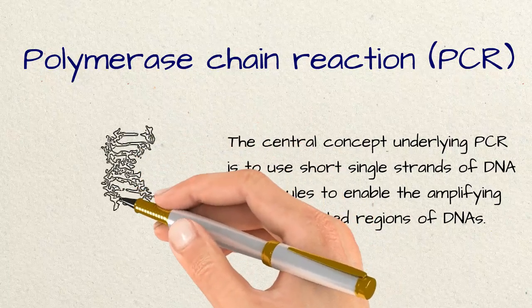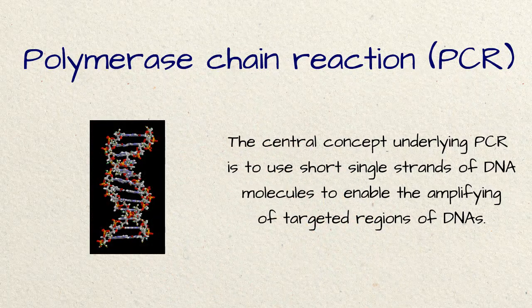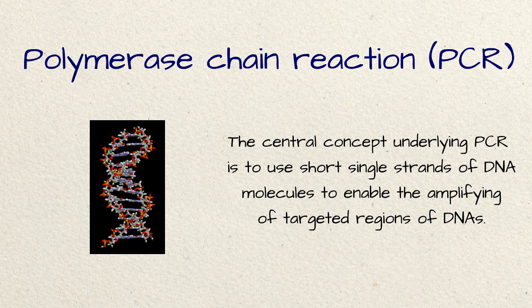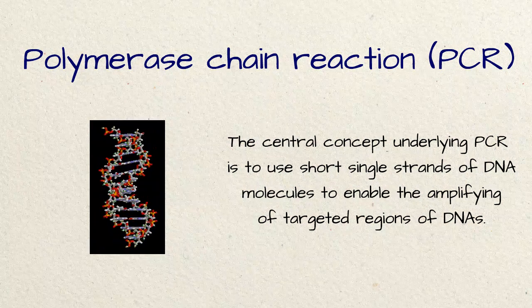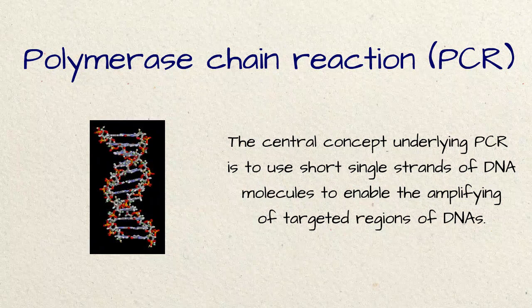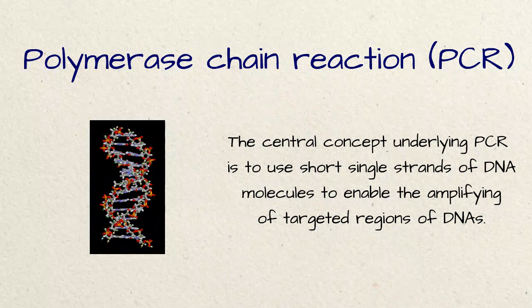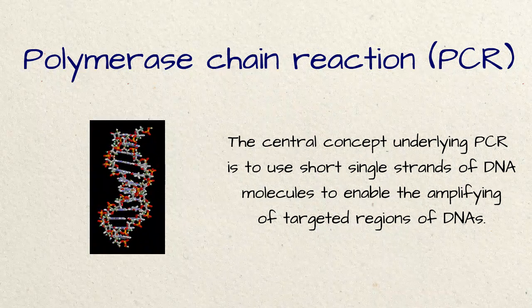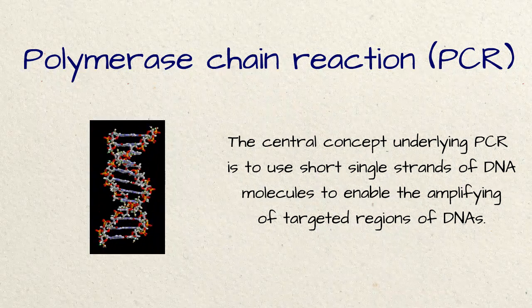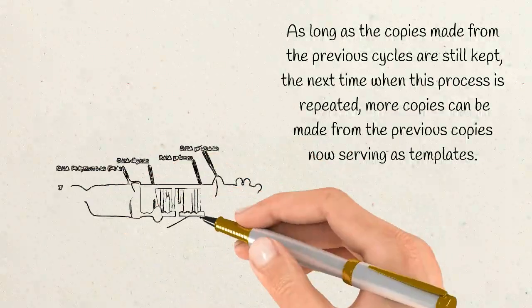Polymerase chain reaction, i.e. PCR, was first patented by Kary Mullis. The central concept underlying PCR is to use short single strands of DNA molecules to enable the amplifying of targeted regions of DNAs. Before Mullis, such targeted specific tools in the study of DNAs had already been widely used. Mullis' main contribution was to make the scale of applications much larger by repeating the process over and over again,